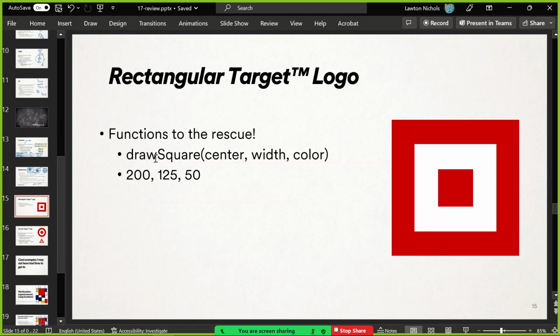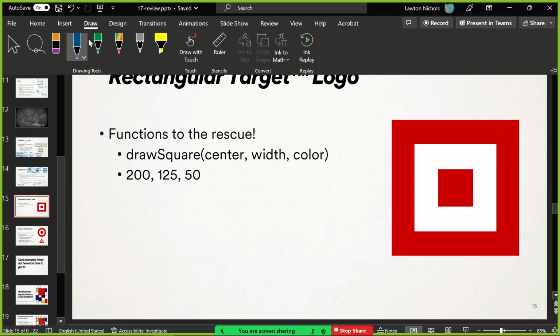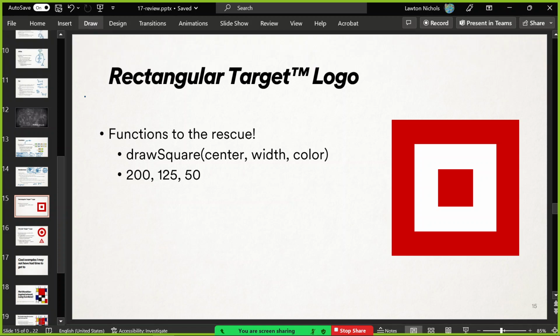And so luckily, we got a Target, and I would like to pay tribute to Target now by drawing their logo in a bunch of different ways. So let's draw a square Target logo to get the idea, because we know how to draw squares, we know how to fill them. So let's figure this out. How do we draw a square Target logo? Let's make a draw square function, first of all. That will make it easy.